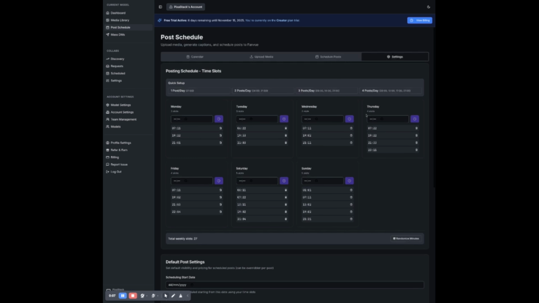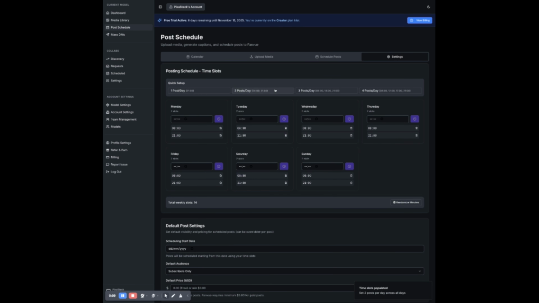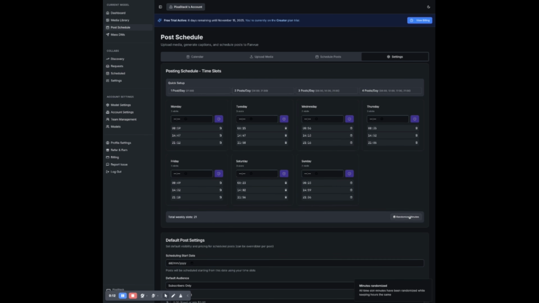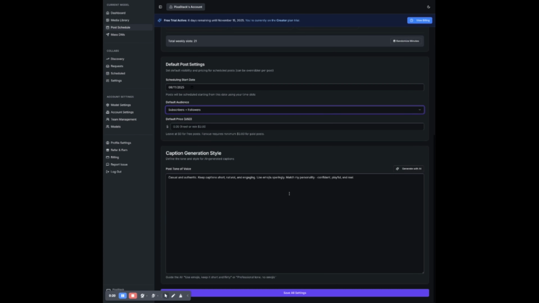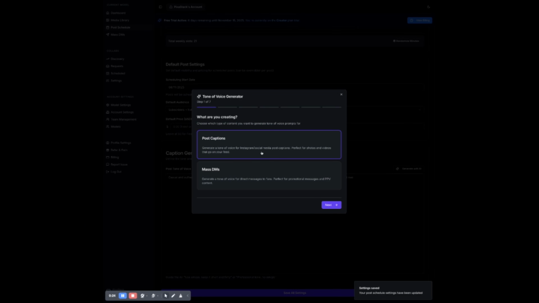So we head to the scheduled post section and then hit settings, so we can show you what's here. You can set some default settings here, such as the amount of time you want to post per day, and add customization and randomization of minutes, and then select when you want to start posting from, the default audiences, and then next up, let's save those settings and use our tone of voice generator